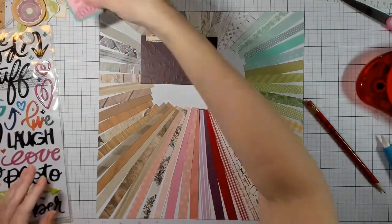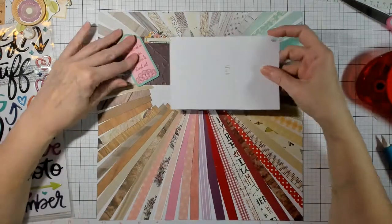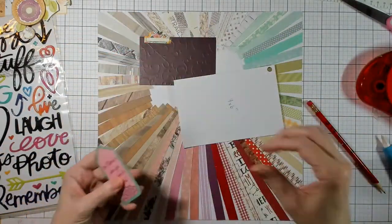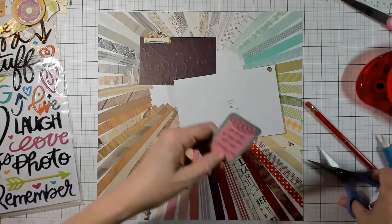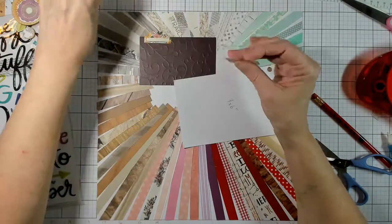Then in my picture I had this tucked underneath my photo, so that can still be put down as well. I'm going to trim off these little taggy bits with small scissors here. It's the little notches that are left after you try to pull something out of a die cut sheet. Pop the hole. Not sure if I'm going to put something in there, but for now,